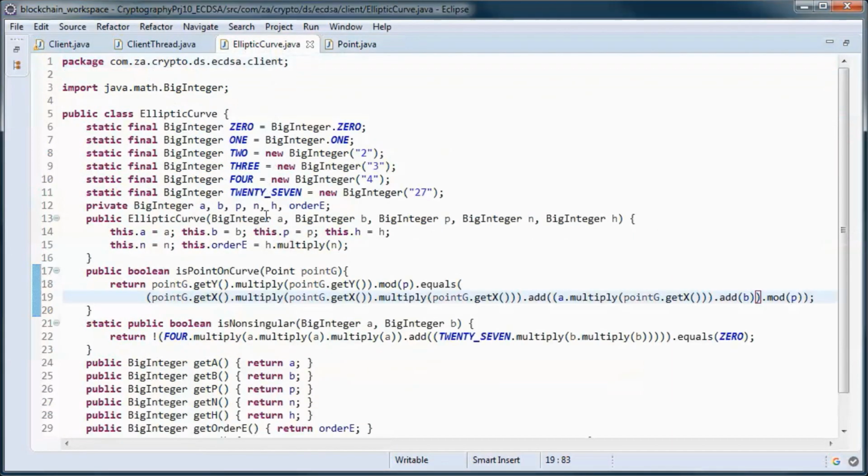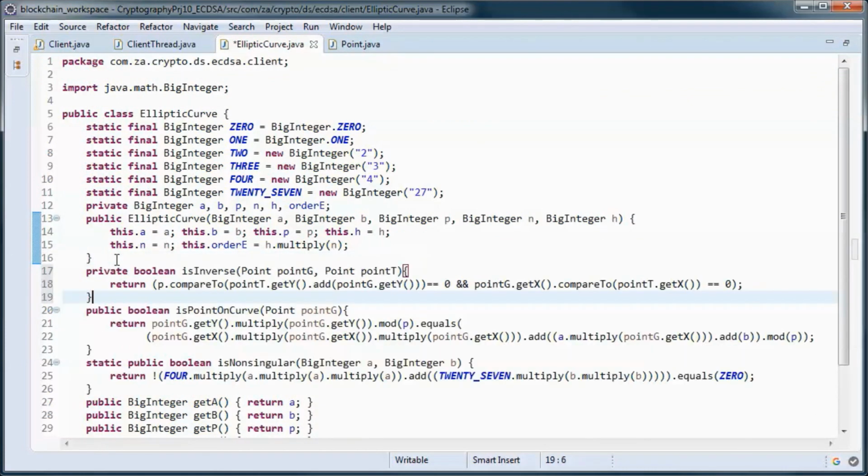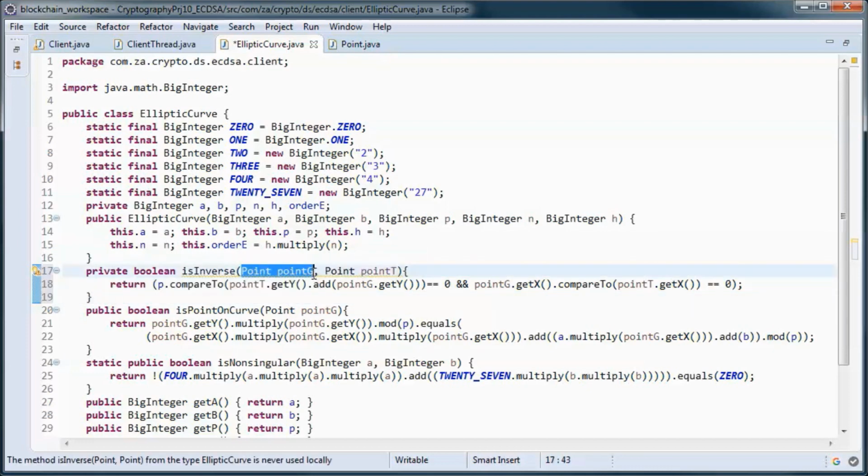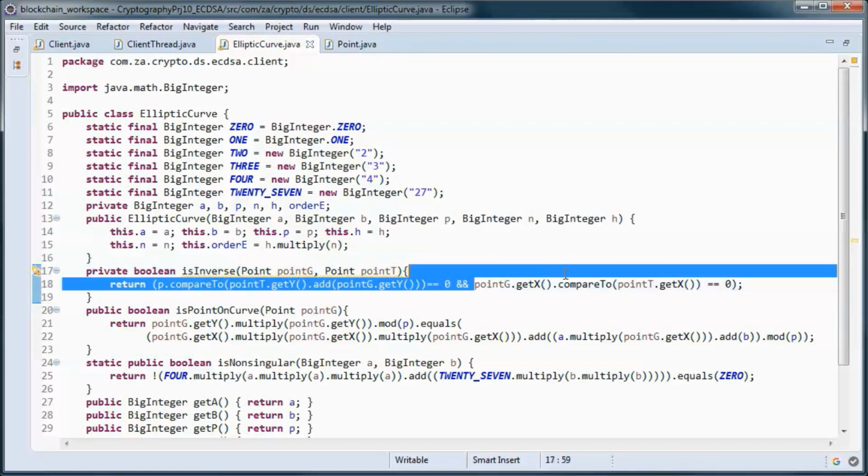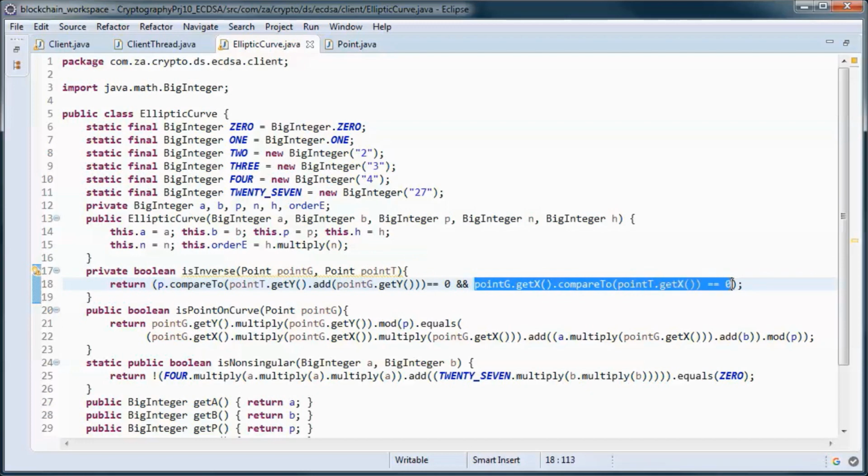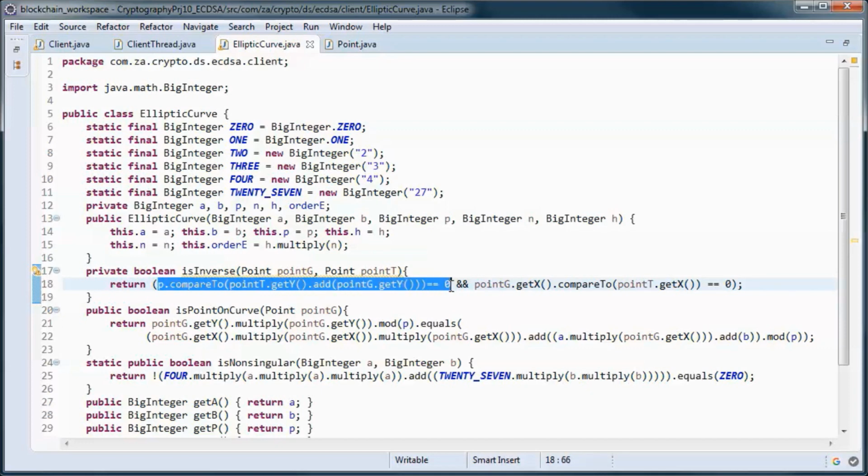Now going here, let's add this method that checks to see if those two points are inverses of each other. So if they have the same x coordinates and opposite y coordinates with respect to the x-axis.